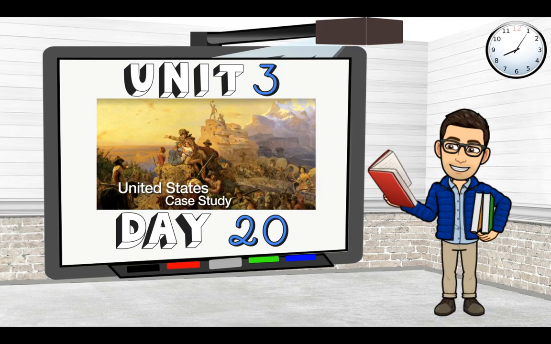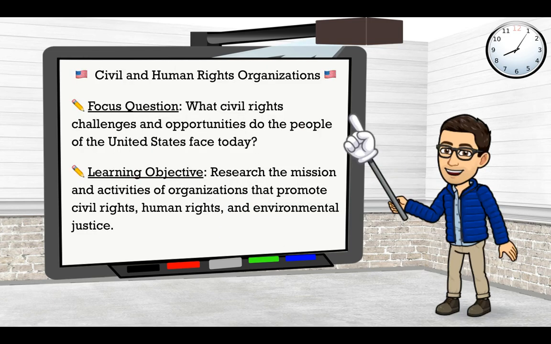Today we will continue with Unit 3, a United States case study, and our Day 20 lesson. The topic of this lesson is civil and human rights organizations. Our focus question is, what civil rights challenges and opportunities do the people of the United States face today? Our learning objective is to research the mission and activities of organizations that promote civil rights, human rights, and environmental